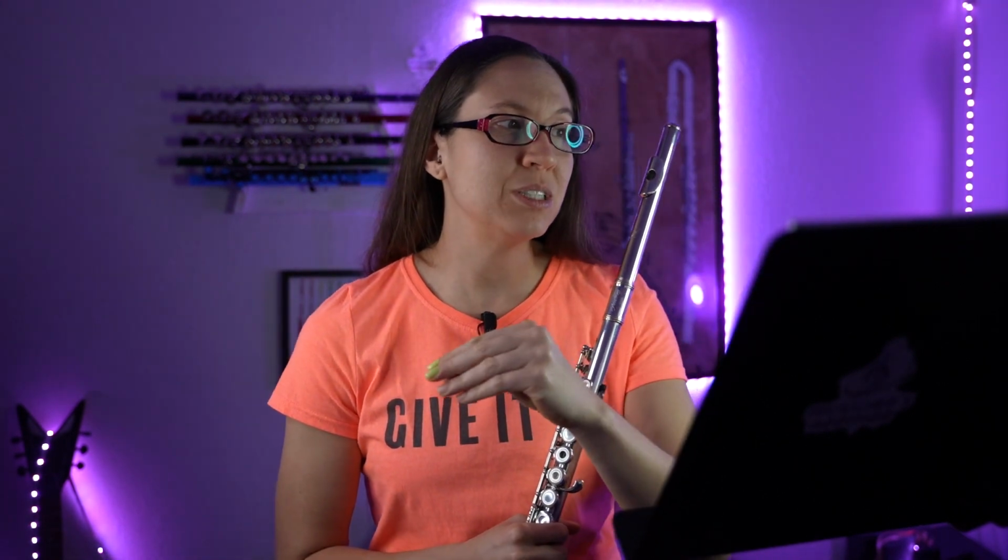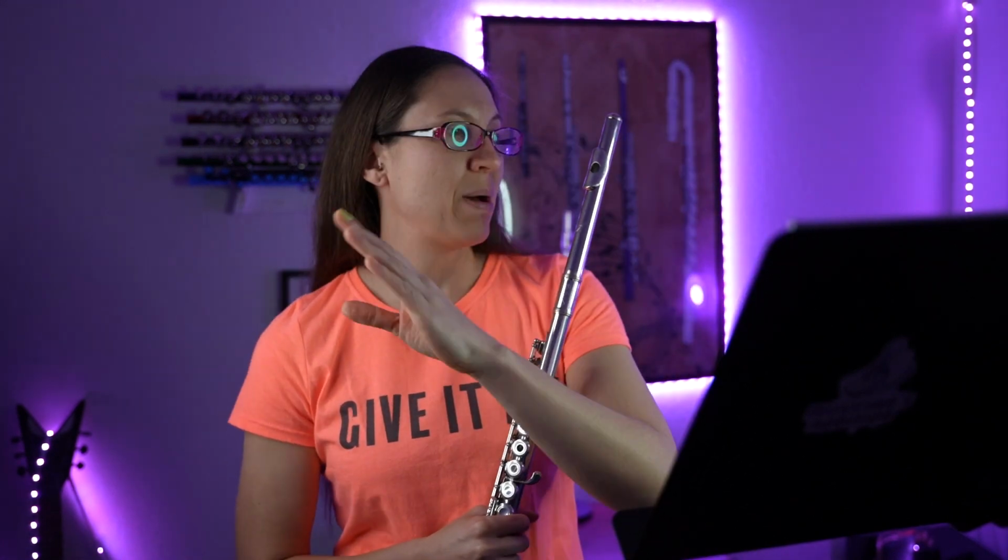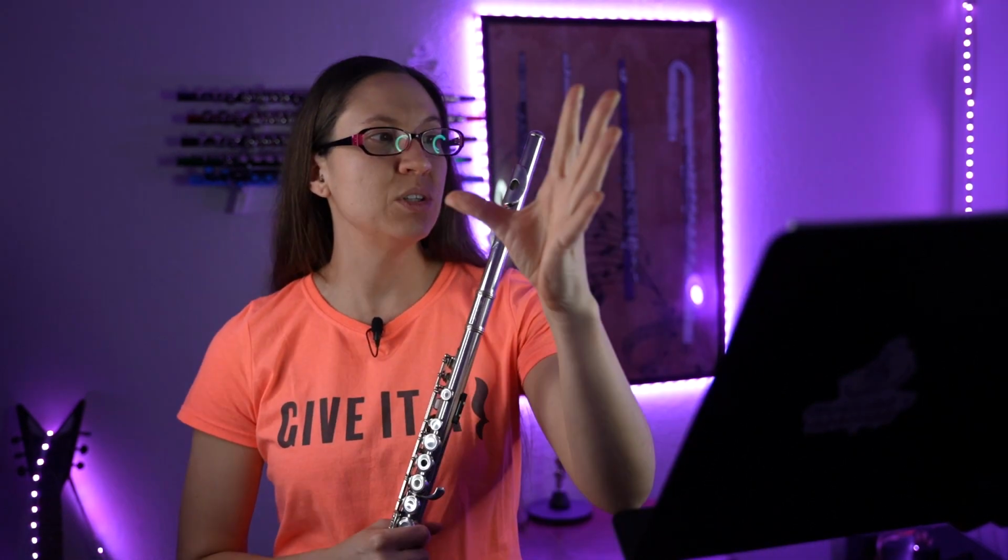Then we're going to crescendo up to forte and then back down to mezzo piano. We're going to crescendo all the way up to forte, start right back on forte, but then we're going to decrescendo to mezzo forte, decrescendo to mezzo piano, decrescendo to piano. Then we're going to start right on the dot at mezzo piano and crescendo all the way up to forte